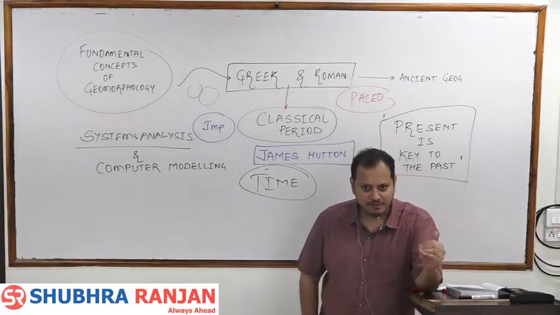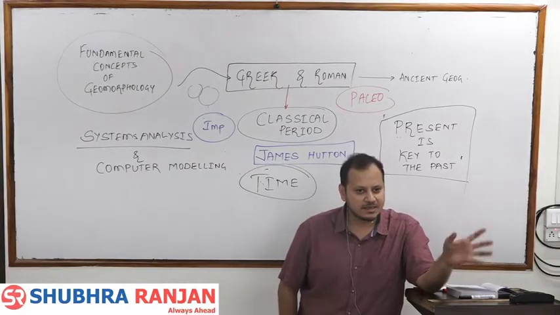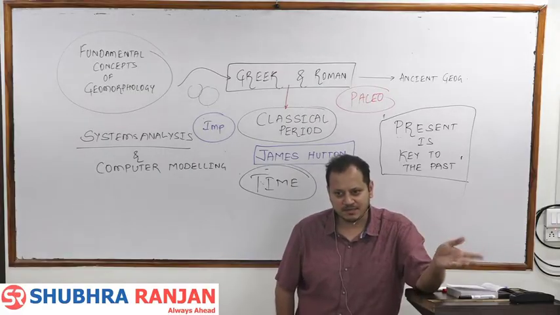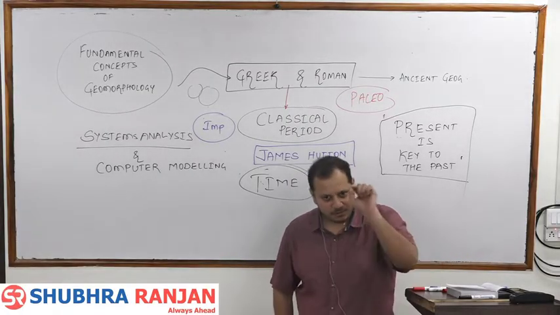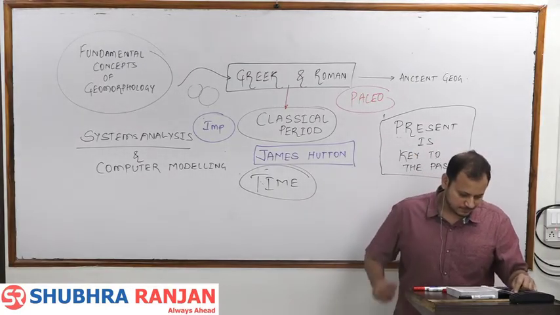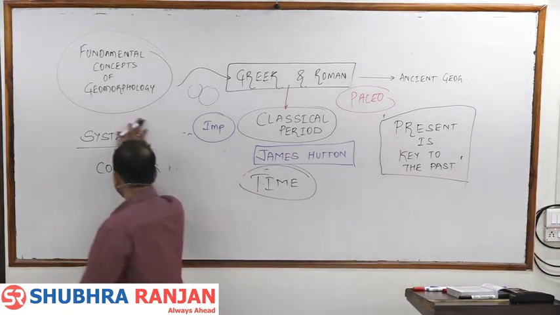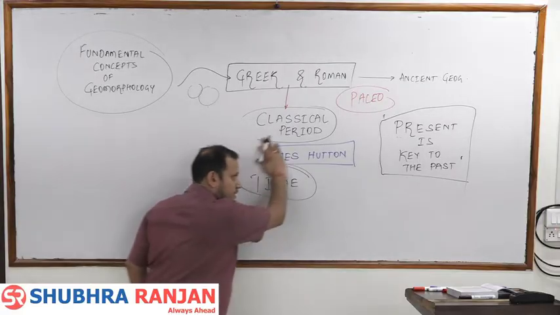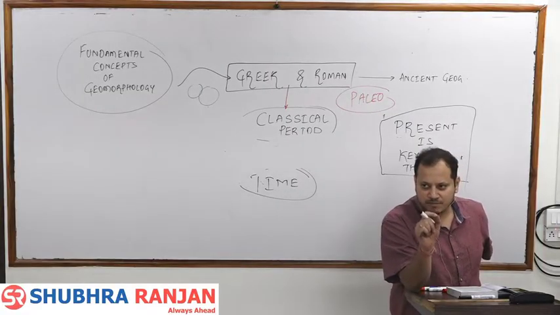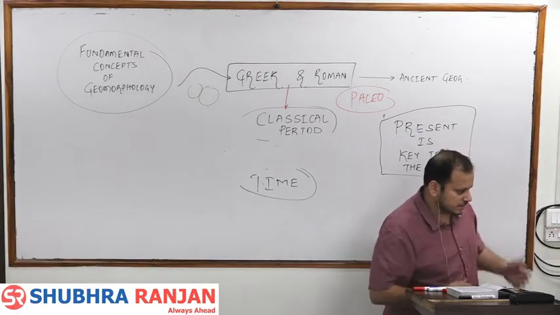So if they have asked you about Davis, tell about Hutton before that. If they have asked you about Hutton, in the introduction write about the classical period or catastrophism, depending upon what is asked. And the conclusion is systems analysis, future looking. Fine? So, fundamental concept 1. Prepare these concepts for 150 words, short notes. Fine? Concept 1: